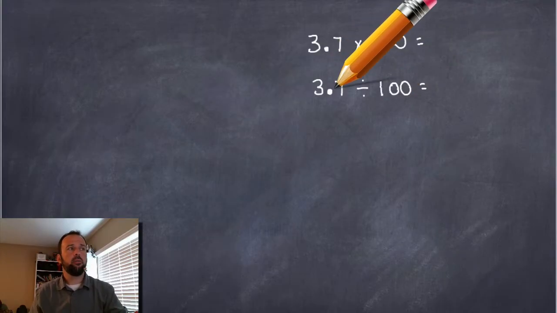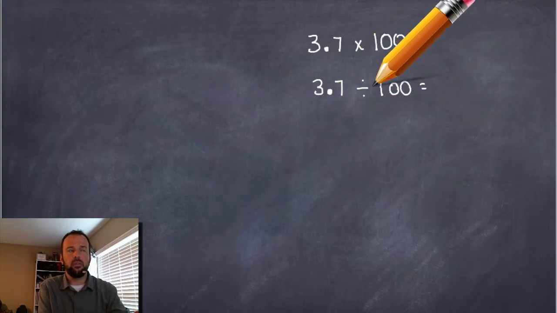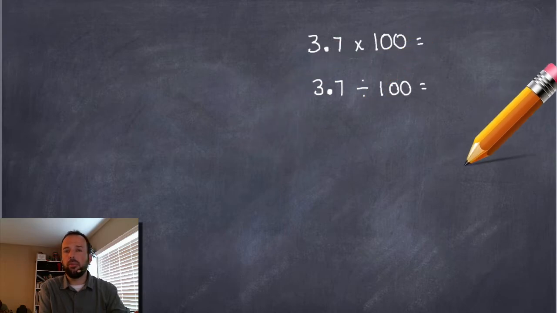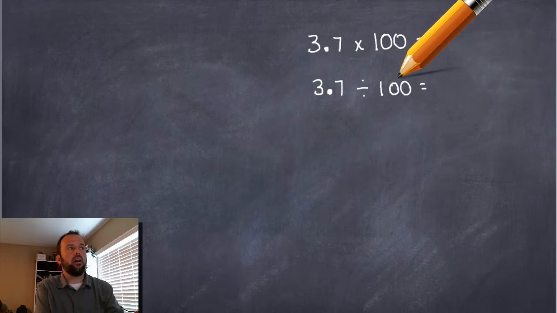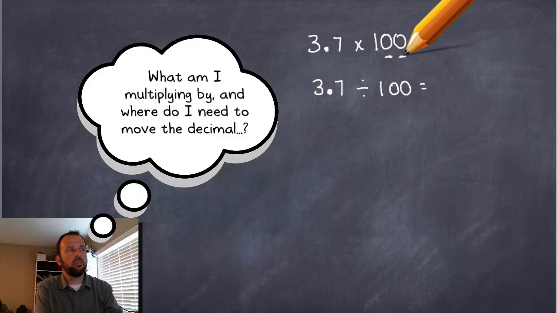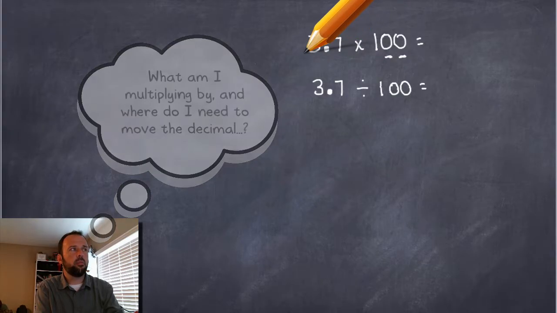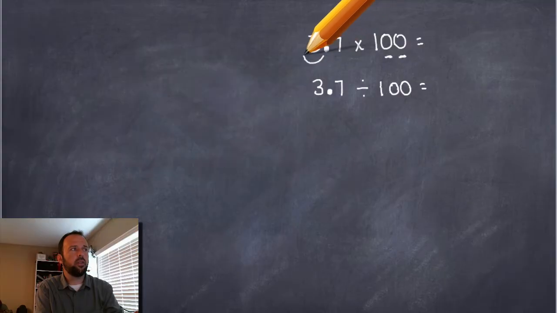So this time we're going to do the same thing. Think about the rules that we have used. Think about the patterns that we've seen. And I'm not going to worry about that place value chart yet, right? What I'm going to do instead is think about the amount of zeros that I have. So I have 2 zeros here, and I'm going to be making a bigger number, right? So I have to figure out where I want to move this decimal point in order to make a bigger number. Now, if I move my decimal point this way, if I move it to the left,